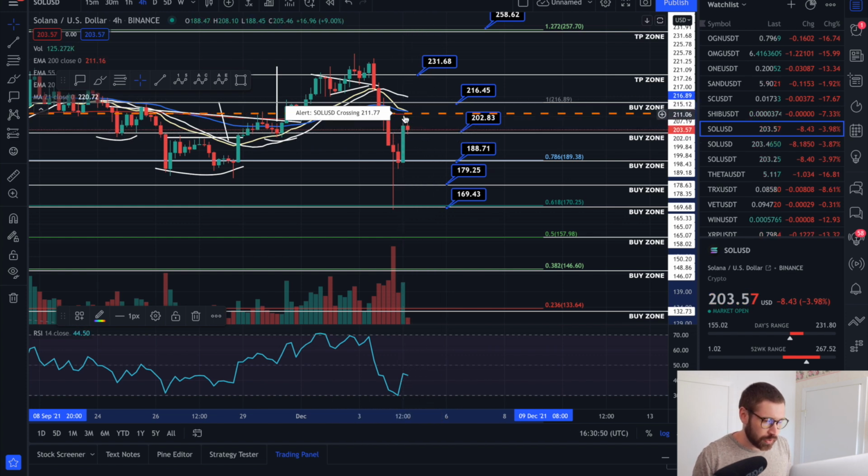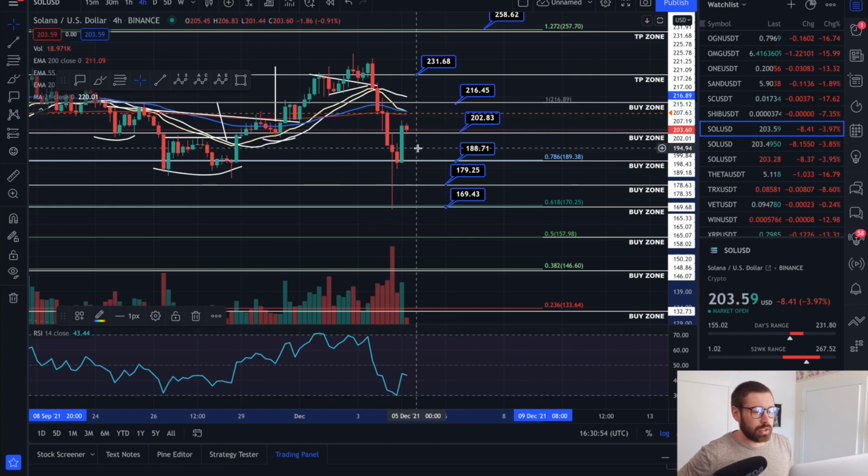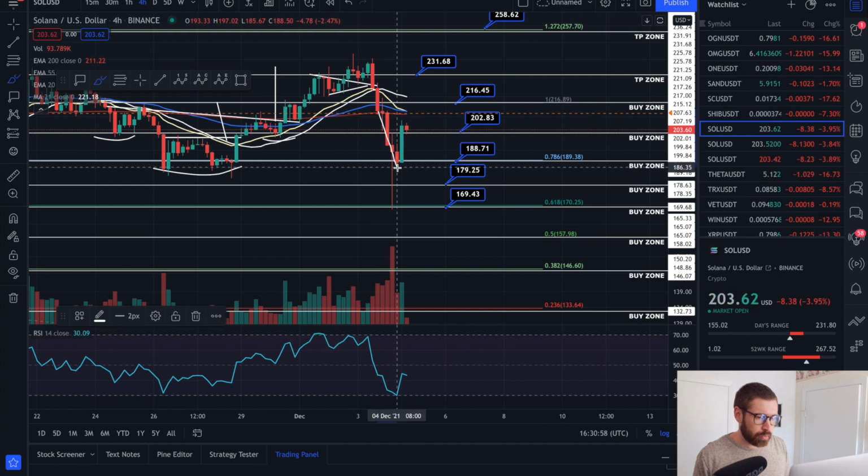I just took 50%, see if we trend a little bit higher here. But we could also come down and create a double bottom. As you can see here, we came up. We came down, we bounced, we came up. If we come back down, double bottom, and we may see our breakout back to the upside for Solana, depending